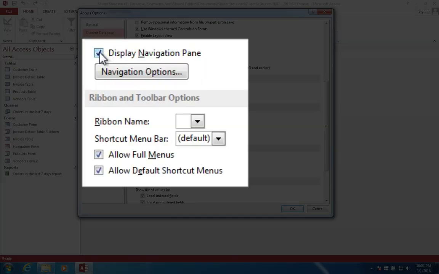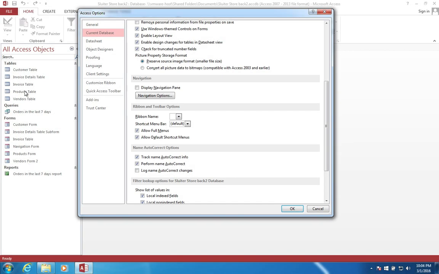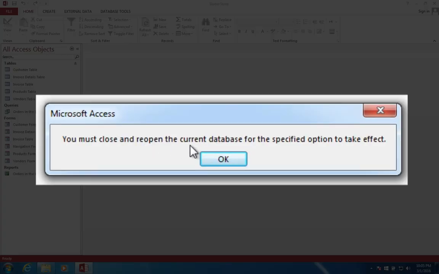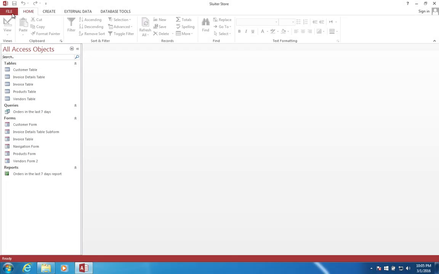The navigation pane. The navigation pane is all the things over here on the left. So we don't want them to get into the tables and edit them, so we'll uncheck that. Allow full menus? No, we don't want that either, because menus are when you right-click on something, you can choose Design View. So click OK. It says now you must close the program and reopen it to take effect. So let's choose Close,